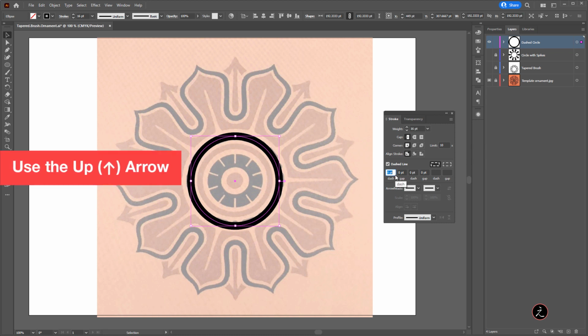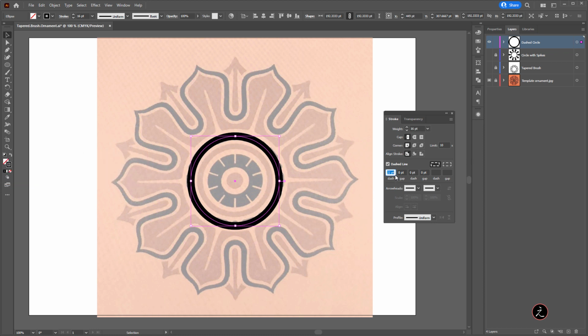So for that, I'm going to use the up arrow key on the keyboard and set this to 20 points, and then press the tab key to go to the next field. I'm also going to set this to 20 points. Again, I'm going to press the tab key to go to the next field, which is the dash.